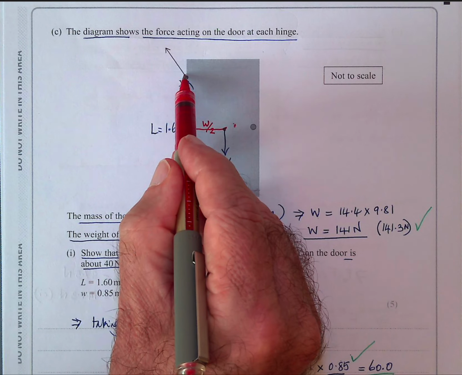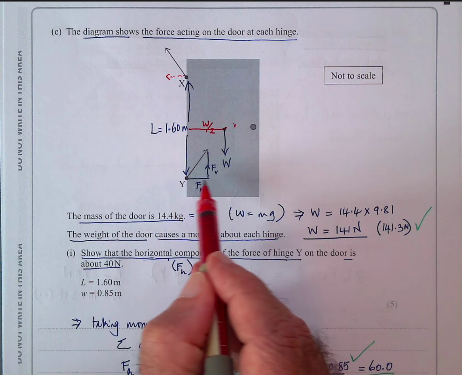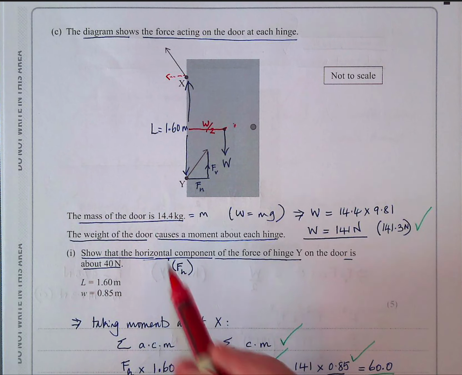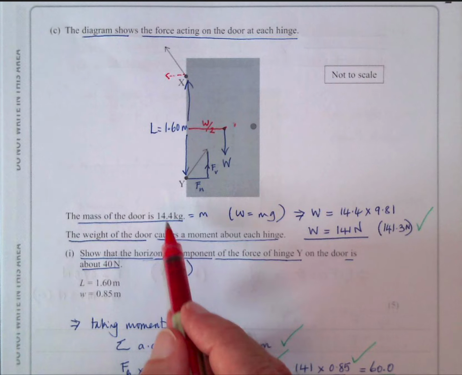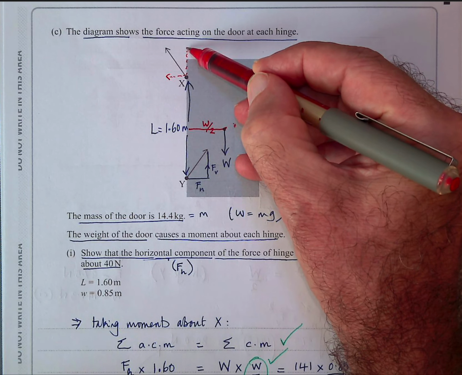That means the component of this force acting that way must be equal to the component of force acting this way, to accentuate the point that we made about equilibrium. In any two directions the forces must be balanced, and that means also the component of this hinge force